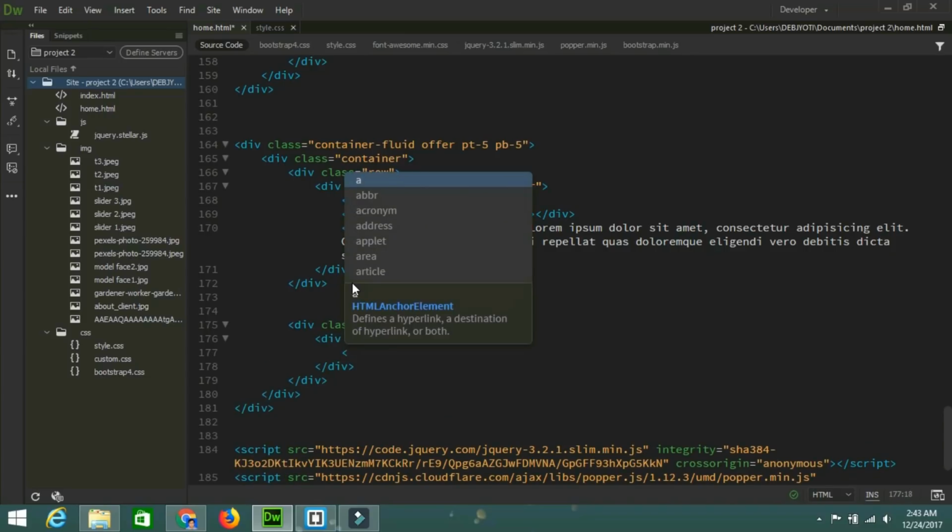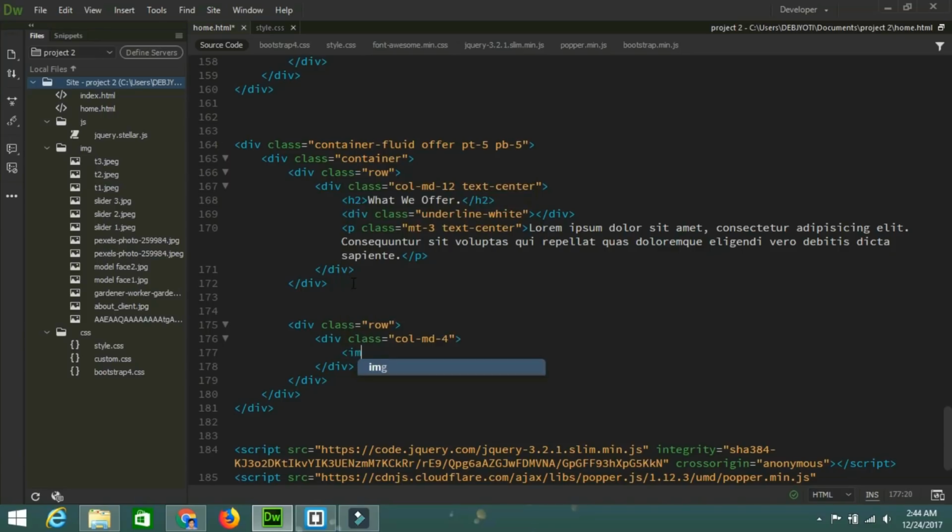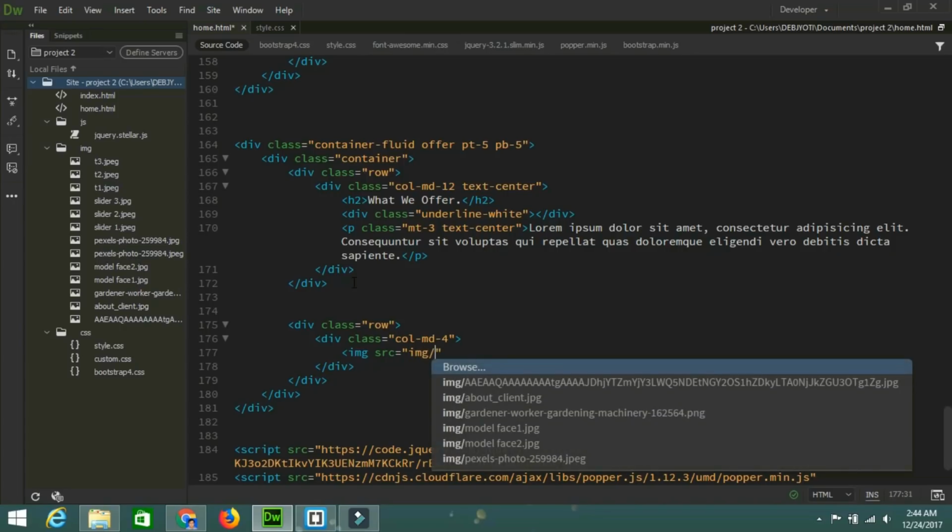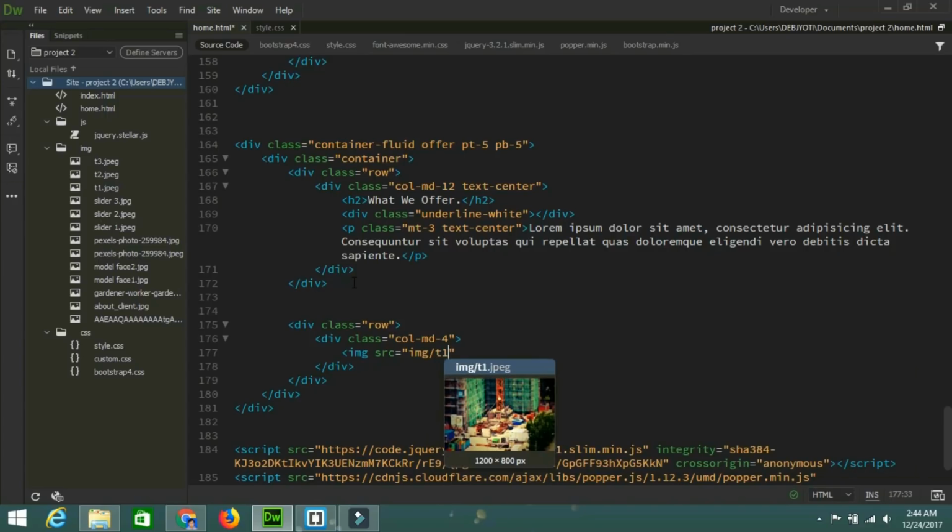So after that, I have to add the image. The image src, so silver img slash, image name will be the thumbnail one,